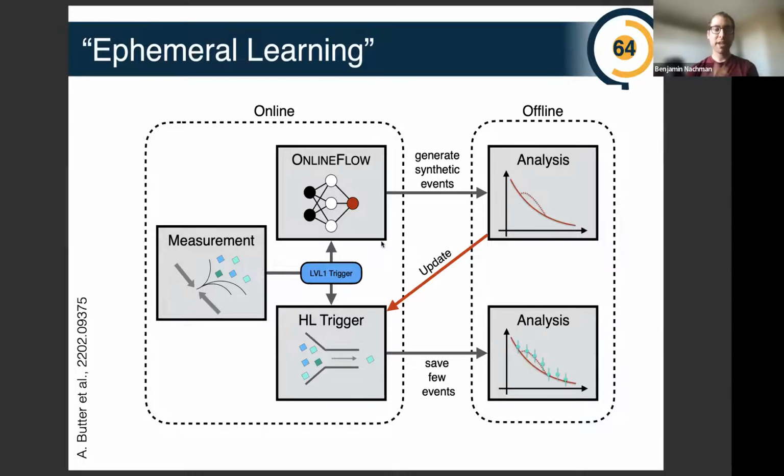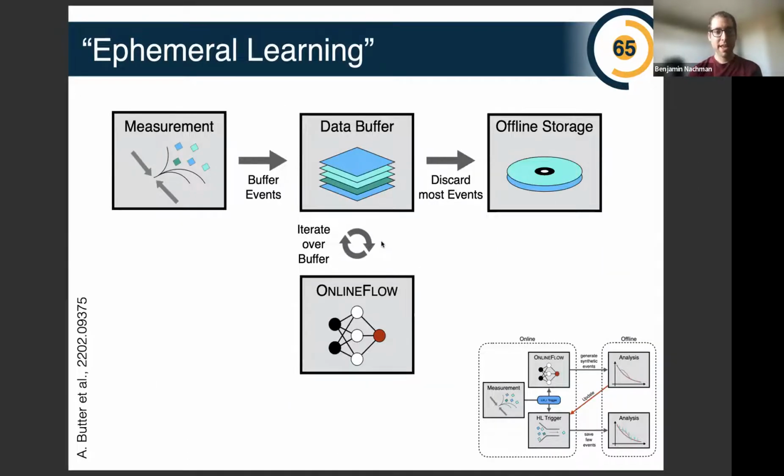And so you essentially compress the data set to however many parameters you have in the neural network. Okay, so said a different way, basically you have your measurement, and then you buffer some events, and that is your batch. So imagine you're training a normalizing flow, and you get to see some batch of events,